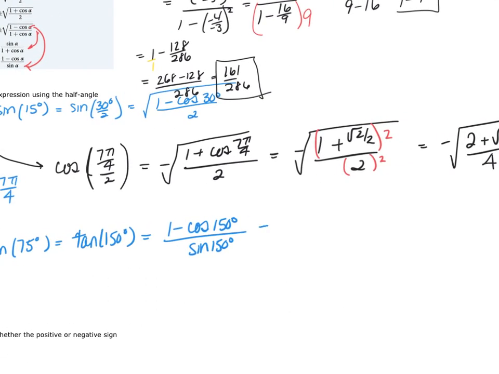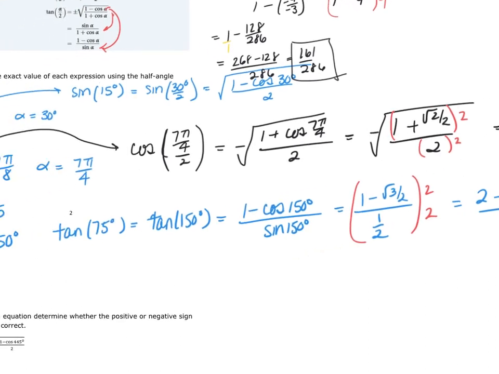And so this is going to be 1 minus the square root of 3 over 2 divided by 1/2. I multiply everything by 2, and I'm going to end up with, in this case, 2 minus the square root of 3 over 1, and there's my final answer using the half angle,